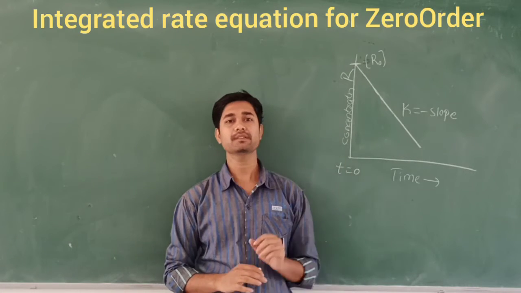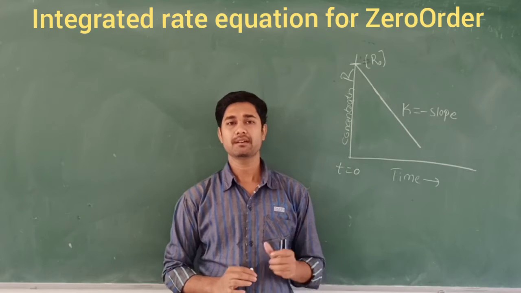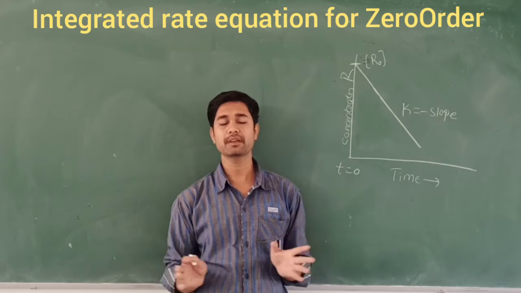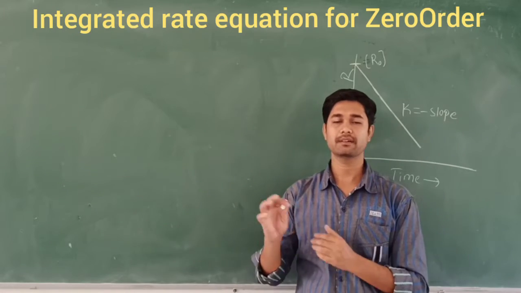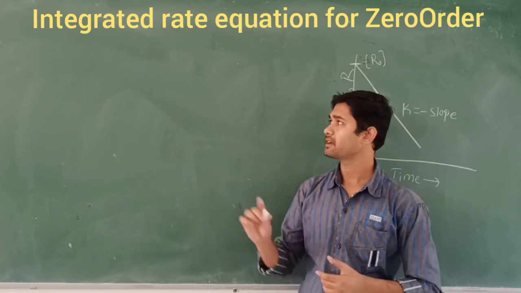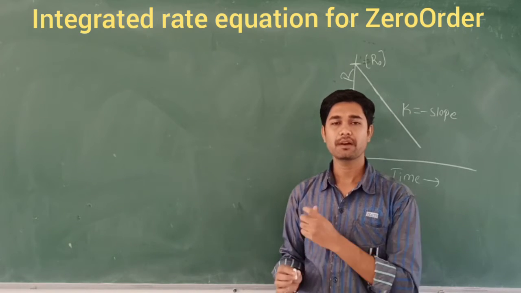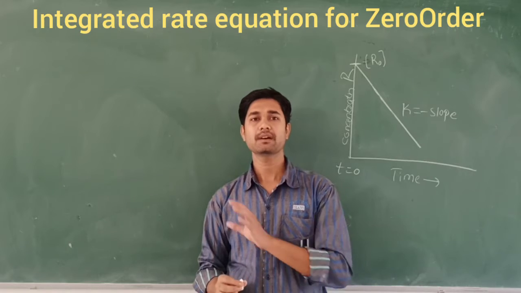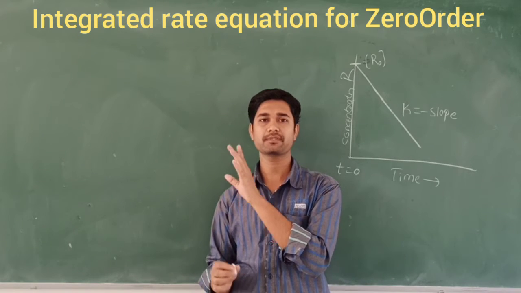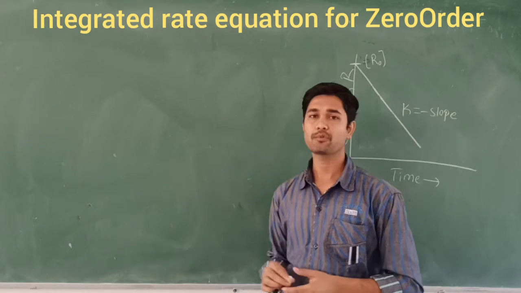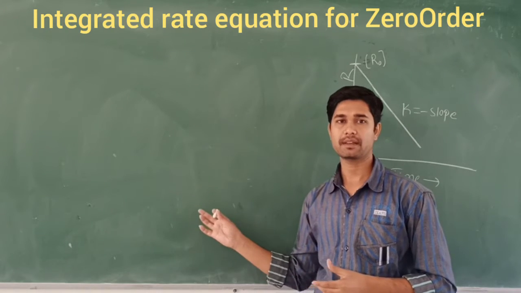To avoid this, we are going to integrate that equation, the integration of the differential rate equation. We are going to obtain the order of the reaction and determine the rate law here. That's why we are going to consider the integrated rate equation for the zero order reaction. A zero order reaction is one where the sum of the powers of the concentration is equal to 0. That we have already studied. So let's do a simple derivation.